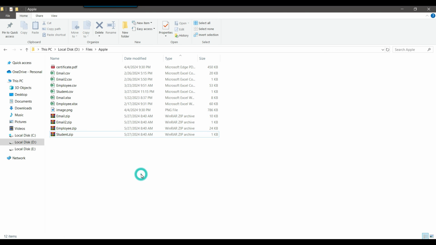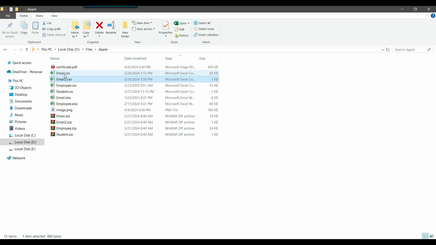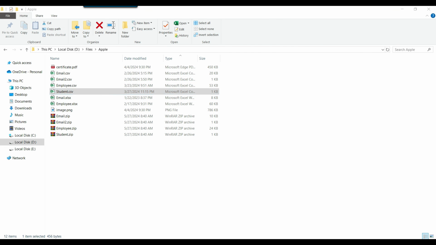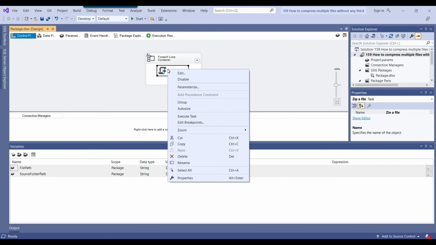Now there is one thing that you need to take care of in the code that we are using. If the extension of the CSV file is in small csv, then you should pass the value in small csv. If it is in capital CSV, then you should pass the value in capital CSV. That's the one thing you need to take care of inside the code.